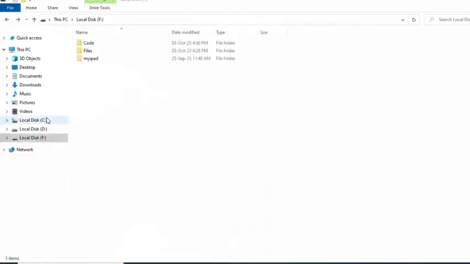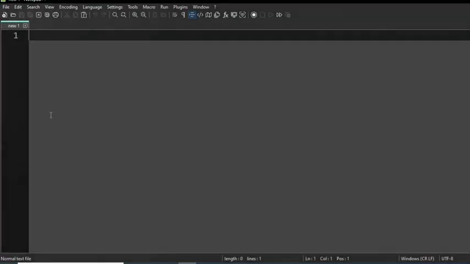Open the Notepad application, then write the program.